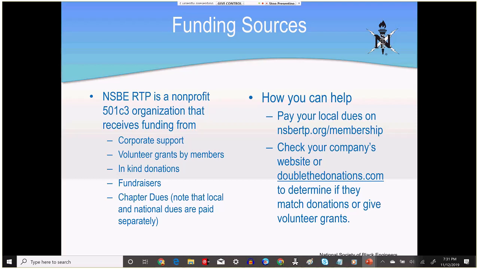In-kind donations don't always have to be money. You can give things like food and supplies. We can always use more. For example, we have robots that we use to help teach kids about programming. The Lego robotics are very popular nowadays, and they cost about $350 a piece. So we could definitely use some of those.